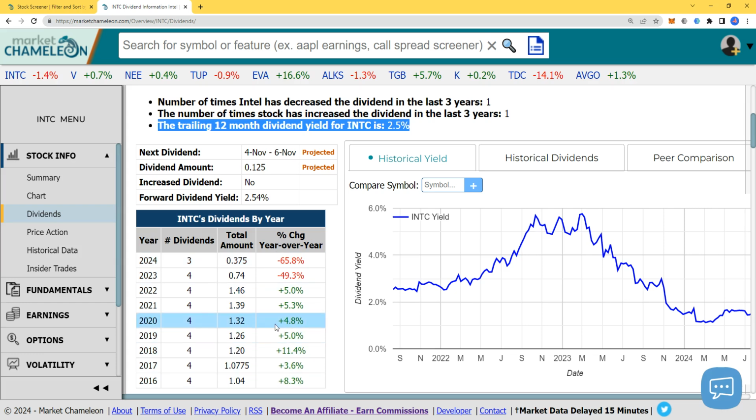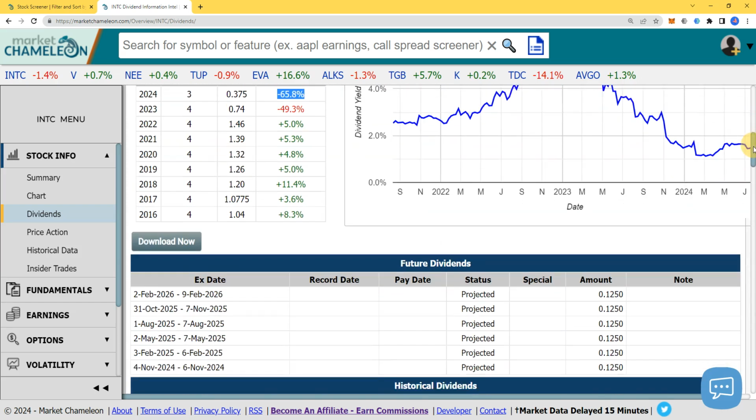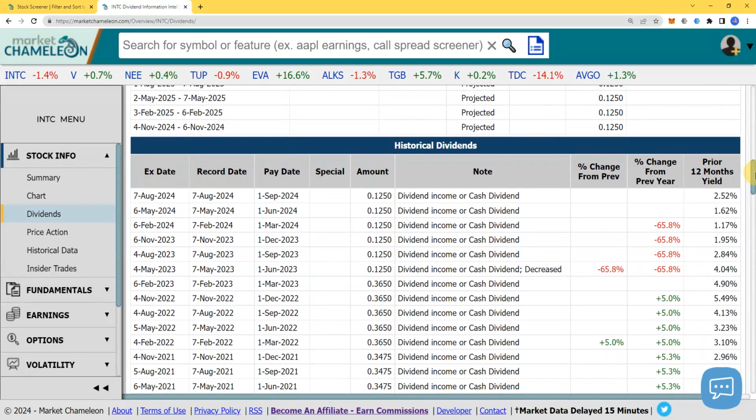So this was fine, and then in 2023, 4 times dividend and negative 50. So they decreased the dividend by 50%, and now they only pay 3 times, and they decreased the dividend by 65%. Basically, there's no more dividend as of now and in the foreseeable future. And you see here